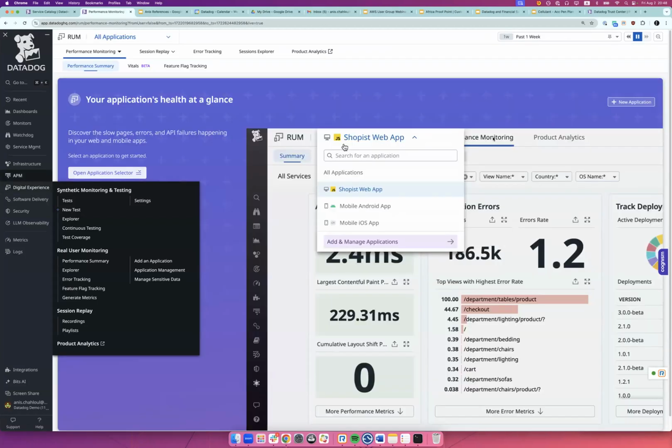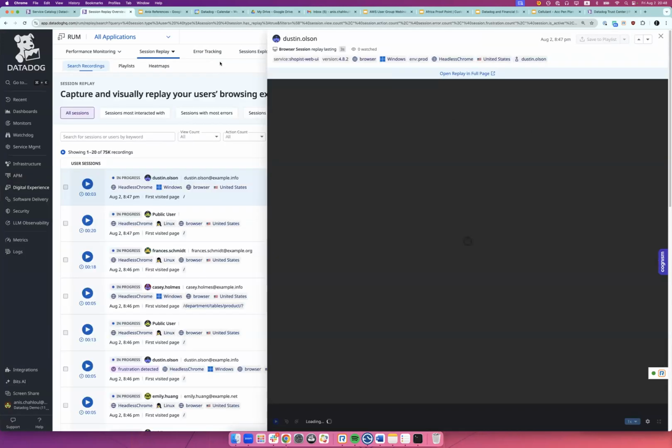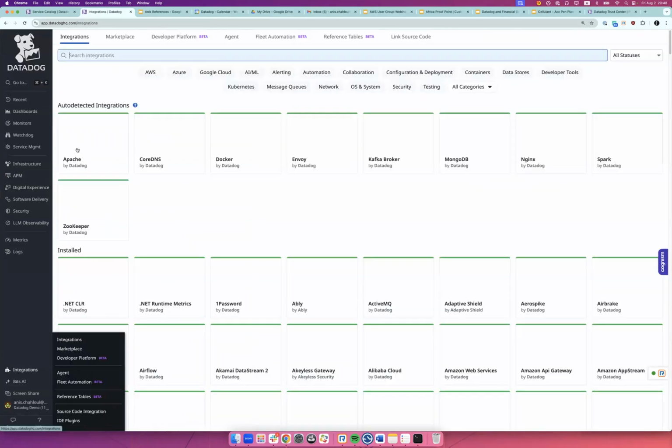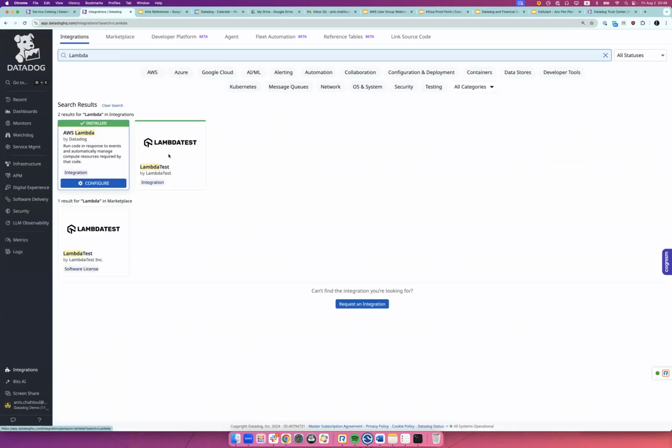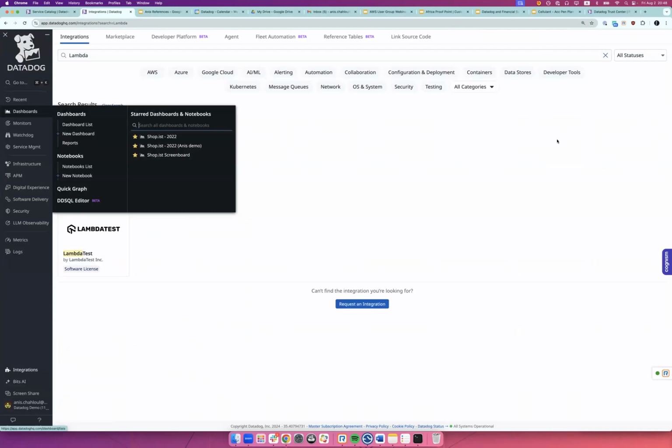Does Datadog have an integration tracing for AWS Lambda functions? Yes, of course. By the way, when you install the AWS integration, all kinds of integrations related to AWS will be installed. For Lambda, of course, we have an integration. Hopefully, I have something to show. Maybe a dashboard about Lambda functions. Let me see. Yes, so you can see over here, this is an out-of-the-box dashboard that comes with that integration.